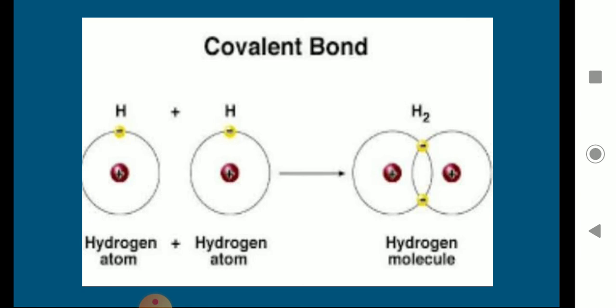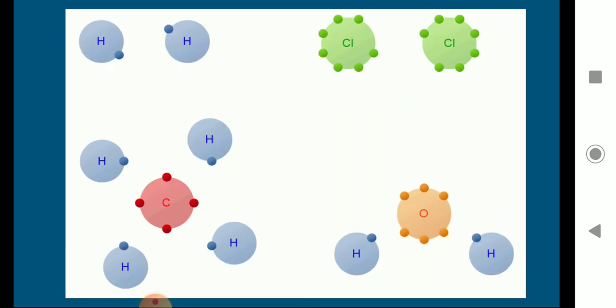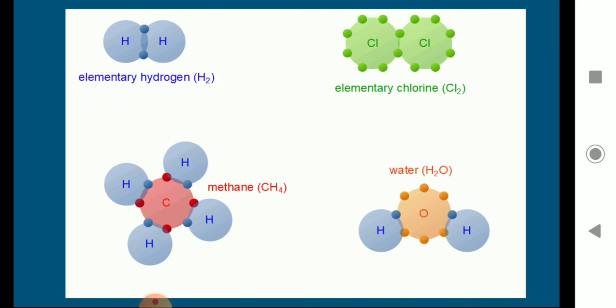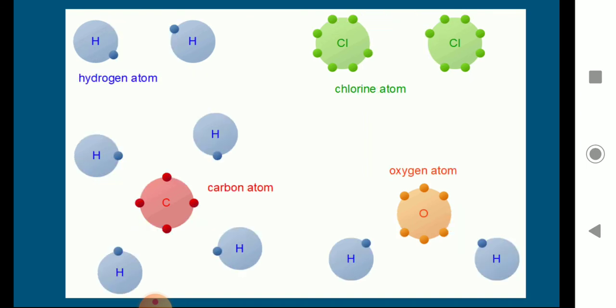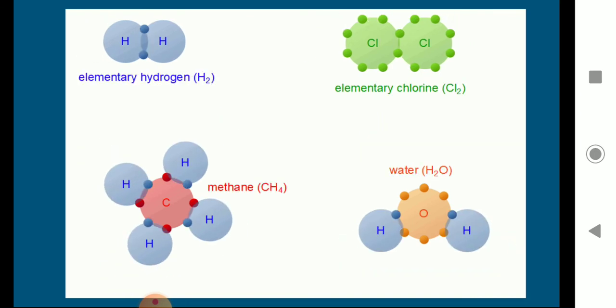So in a covalent bond you could see one hydrogen atom and another hydrogen atom join together and their 2 electrons will be shared in their orbits. So one hydrogen atom is getting 2 electrons and the other hydrogen atom is also getting 2 electrons. This is called sharing of electrons and a bond is formed in between. That bond is called a covalent bond. Covalent bonds are of hydrogen, you could see chlorine also Cl2, methane CH4, one carbon and hydrogen 4, water. These are all covalent bonds.